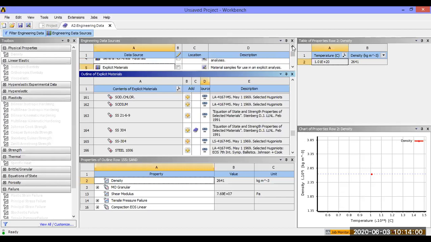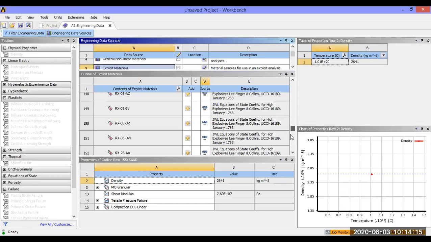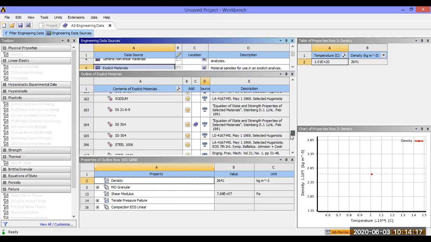Now see the explicit simulation. We have general, non-linear, so many types, explicit material, so many things are there. For this application, we are going to select explicit materials. Select the explicit material, and it will automatically highlight. These are all materials. Now which one do we require? As per our problem, we are going to select SS304, low grade material of steel. That is for sheet metals. From the sheet metal point of view, I selected SS304.